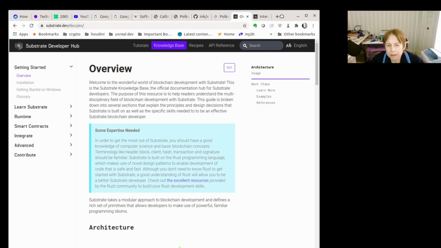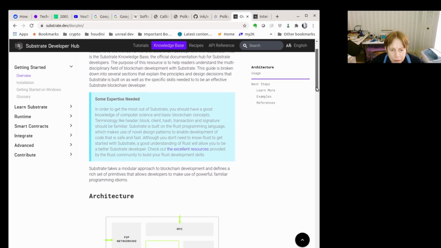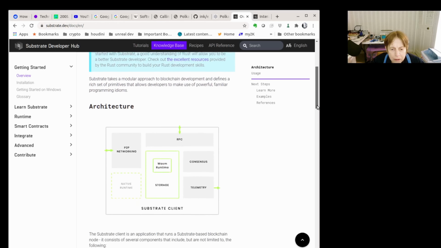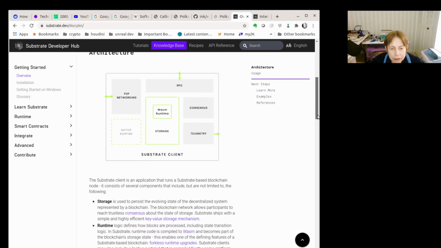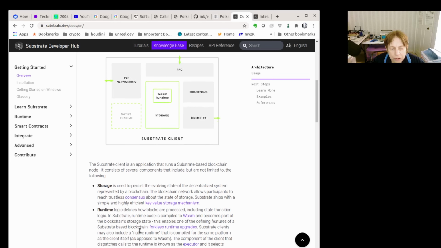Now, it gets a little confusing because I'm looking at it first, I'm looking at OBS. So, they talk about the architecture. So this is a Substrate client, and inside you've got remote procedure calls, your consensus, your telemetry, your native runtime,